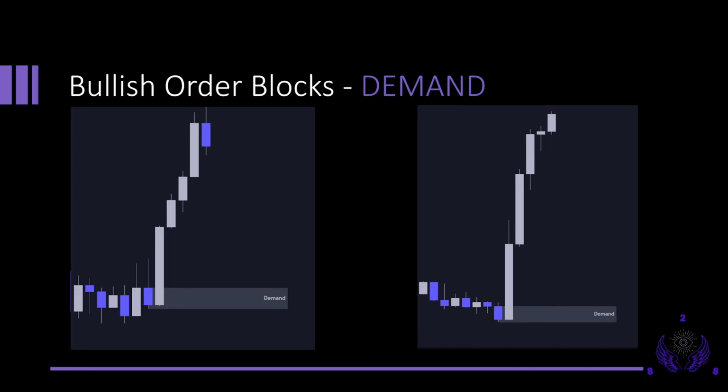So this is an example of a bullish order block, also known as demand. You can see we had this last selling candle before this rapid move. So this is our demand zone. Look, this is where the institutions have entered, because look at this volume. Boom. You know how much it costs to move just one pip,